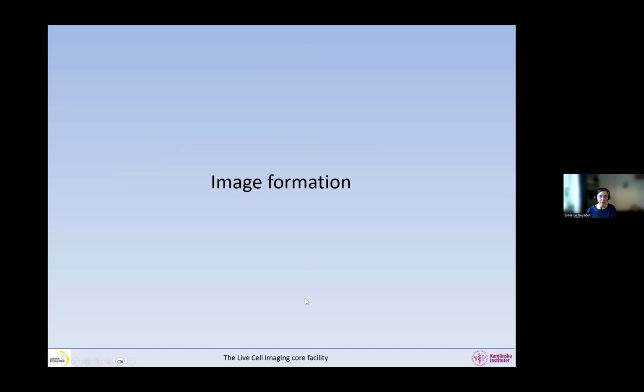So now I'm going to go into another little lecture called image formation. But before I do that, I just want to check the schedule to see if I'm